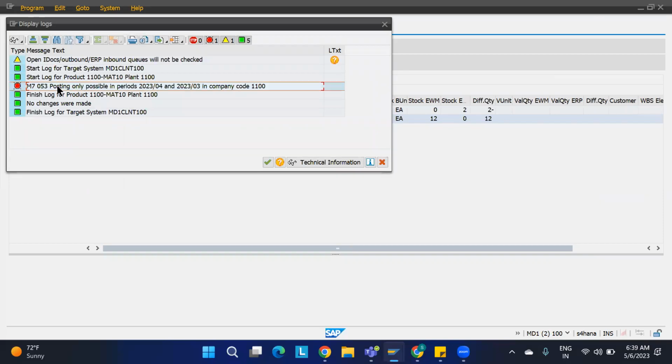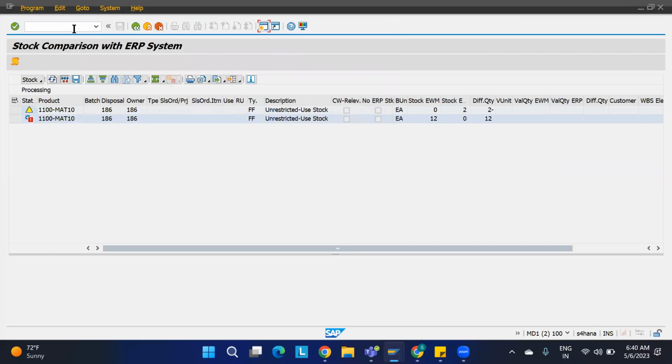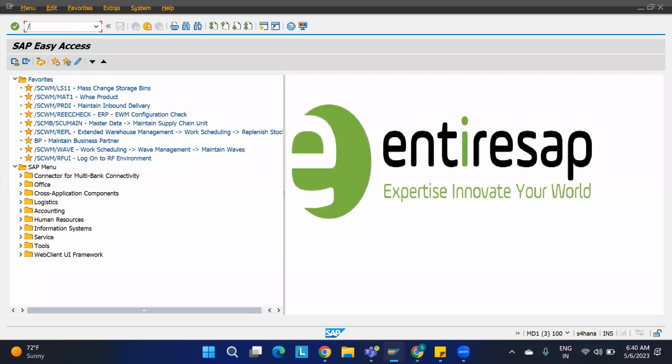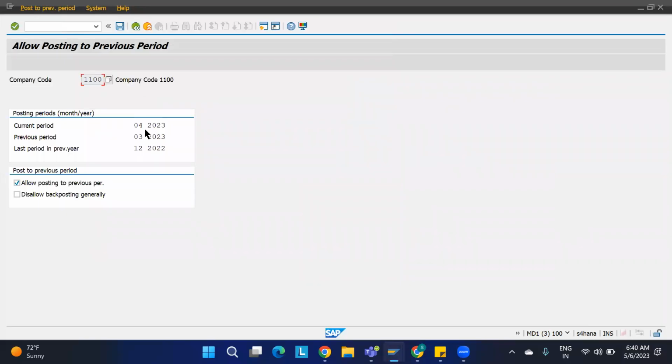See, some error is there. M7 posting only possible. Okay, ये तो मेरा हट गया है अभी. Okay, it might be very long back I have done this, so now it is only telling about the posting only possible. या फिर ये अभी हमारा 5 6 है ना, इसीलिए मैंने अभी भी किया होगा इसको, पोस्टिंग डेट चेंज नहीं किया होगा। ओके, वो भी हो सकता है। ओके, we can check that। एक बार एक्सेल शीट पे जाओ ना, 1 मिनट एमएम आरवी में चेक करके देखते हैं, 1100 कंपनी कोड को। अभी तक 4 ही है, 5 करना पड़ेगा ना इसको।